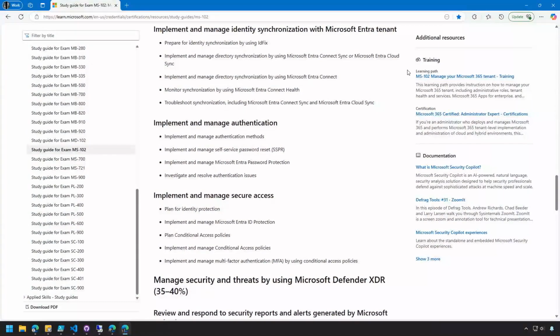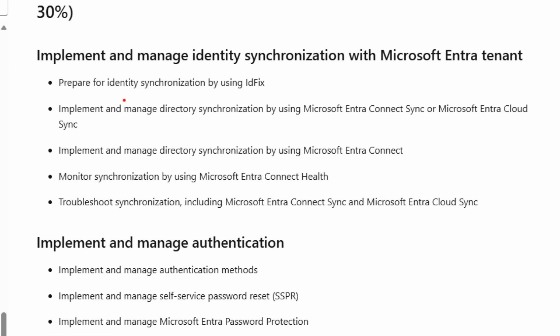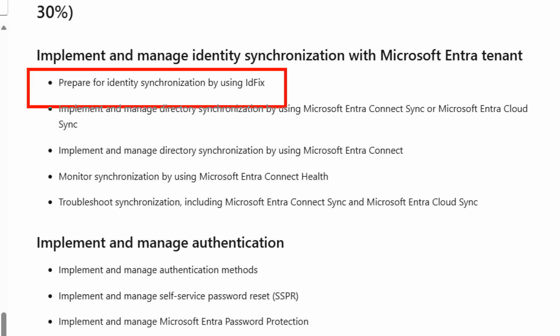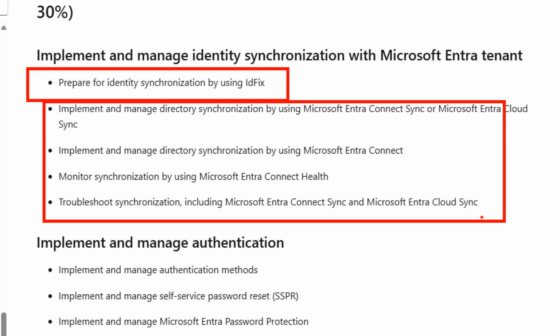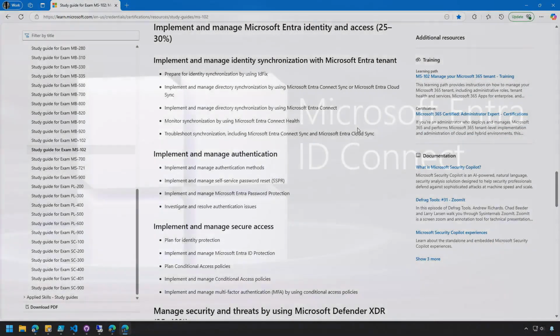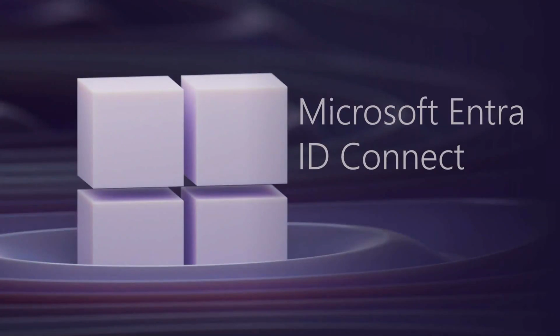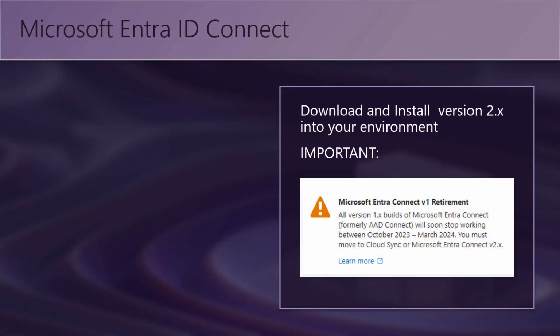Now, we're here in the objectives. Yesterday we spent some time talking about ID Fix, and we're going to spend some time here this morning. Well, it's morning, at least here in Arizona. And we're going to go through several topics. The first one is the Microsoft Entra ID Connect. So there's 2 main